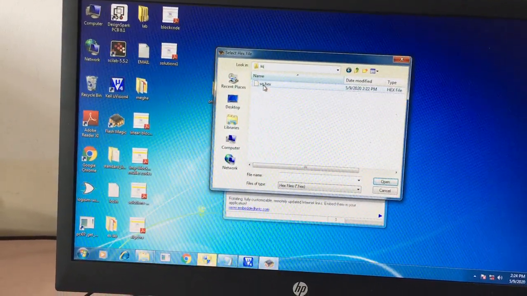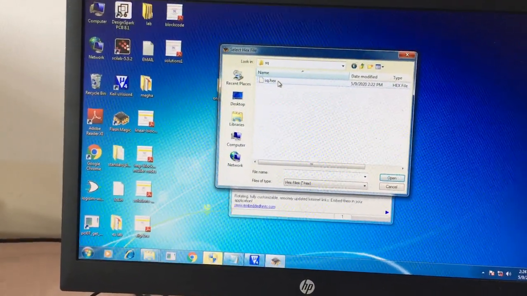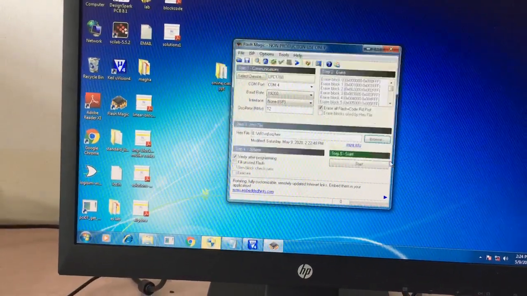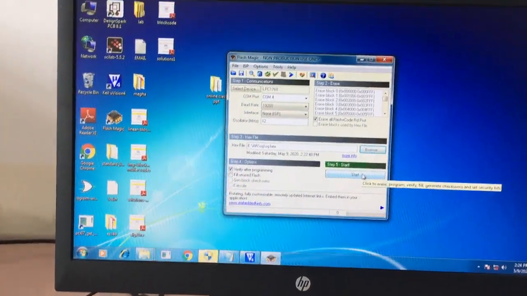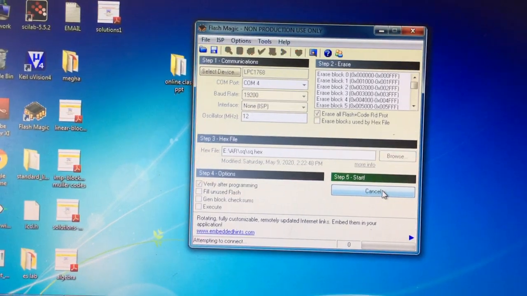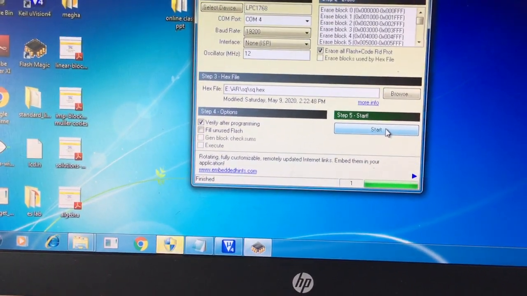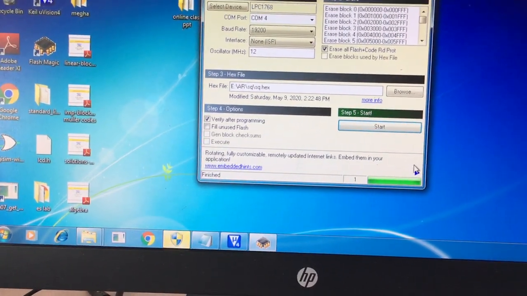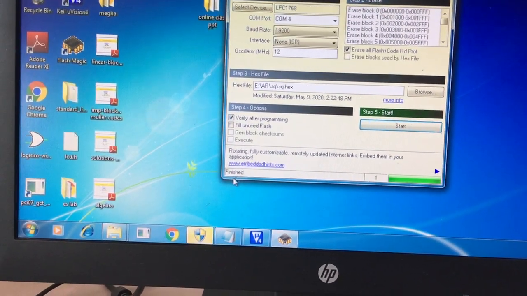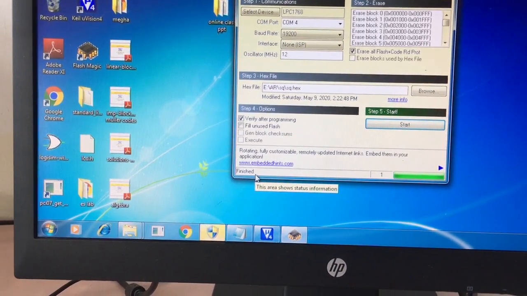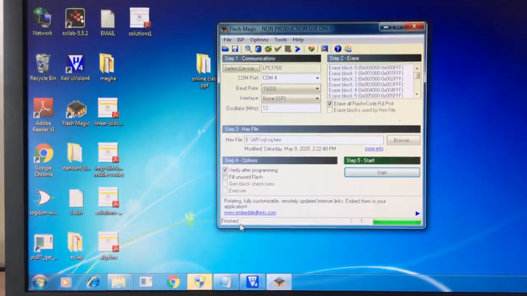This is my project, see, sq.hex. This is the file, the hex file has been created. Open. Now you can do this start option. This is the progress. Finished. This green color fully completed with the message finished. This represents that it is successfully dumped into the target board.